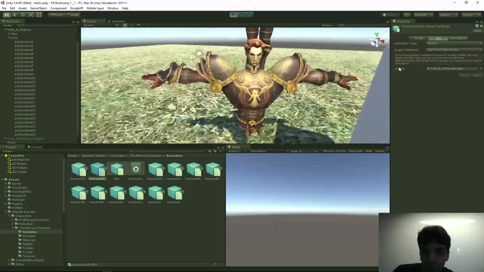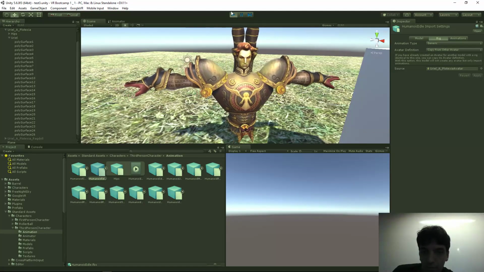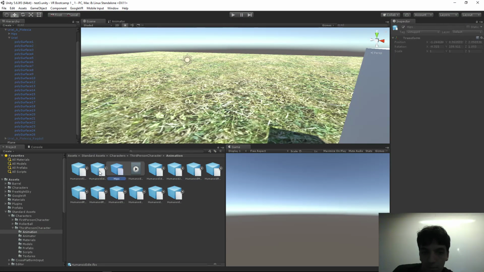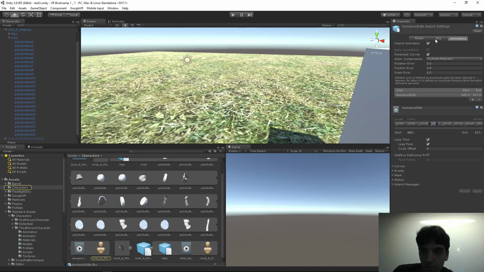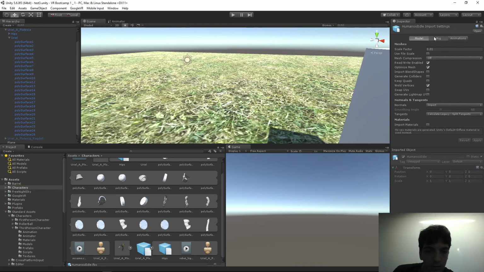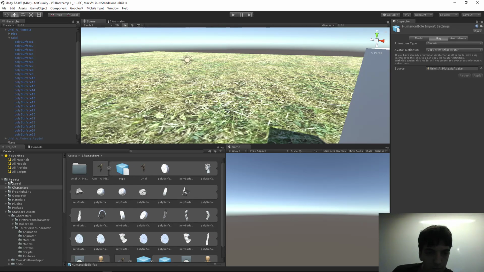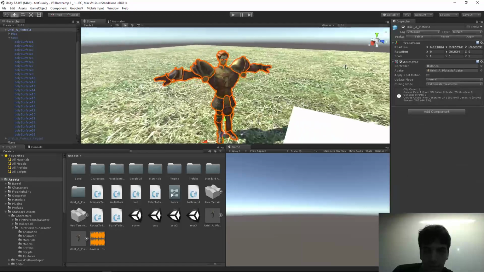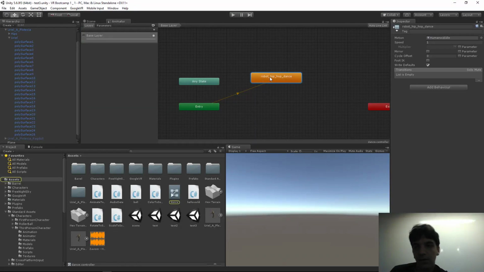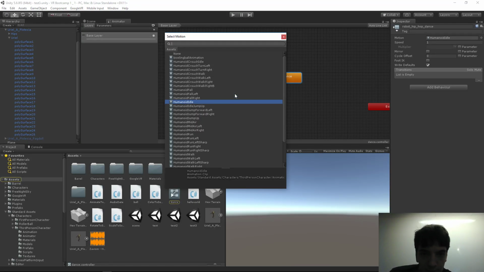So some animations don't work well. Never mind, I thought that would work with this humanoid idle. In any case, just go back to the animation controller and put it back to the dance. It seems the Mixamo rigs are